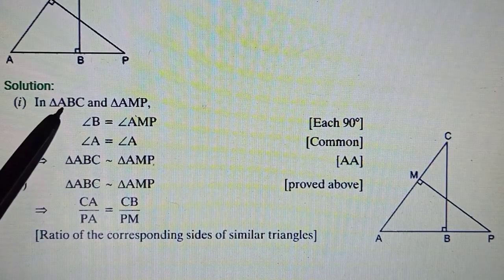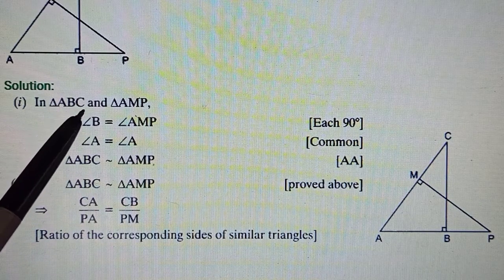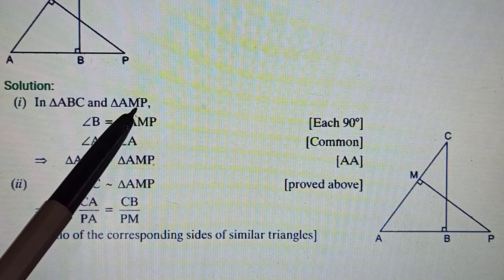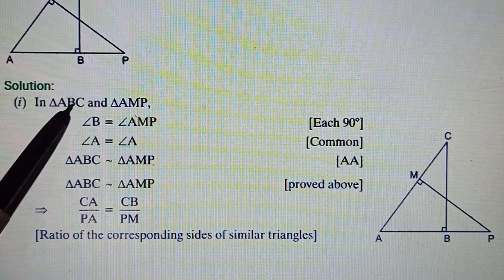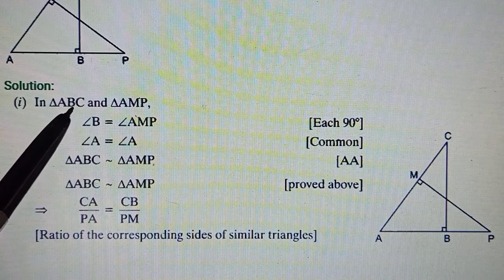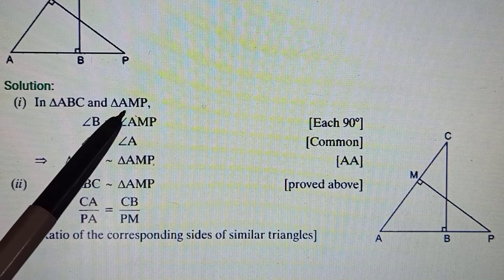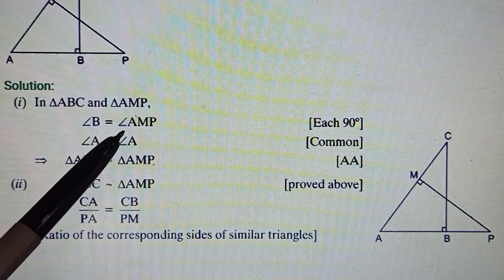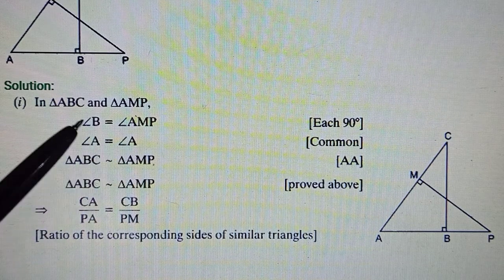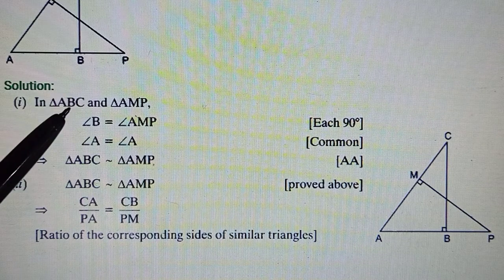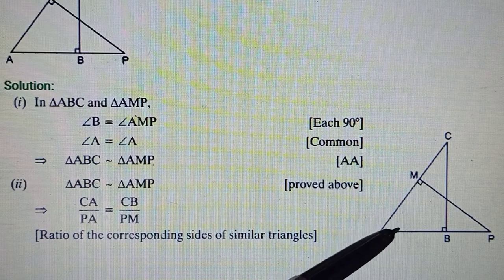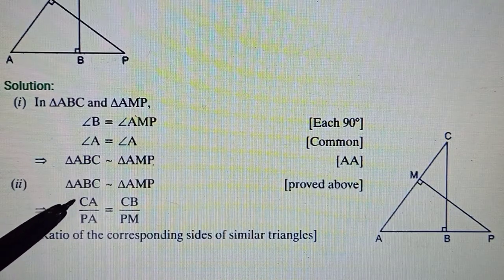Then for the next one, let's name it as BAC or maybe CAB. So the other one will be named as PAM. अगर आपने CAB नेम किया है तो इसे PAM नेम करोगे एंड एल्स अगर किसी ने इसको BAC नेम करा है तो MAP. Okay, the corresponding vertices have to go together even while naming the angles. Rather than just writing this AA, it's better you mention the full name according to the triangle. And obviously the reason is that this angle is common in both the triangles. So again, you've got AA criteria, hence the triangles are similar.